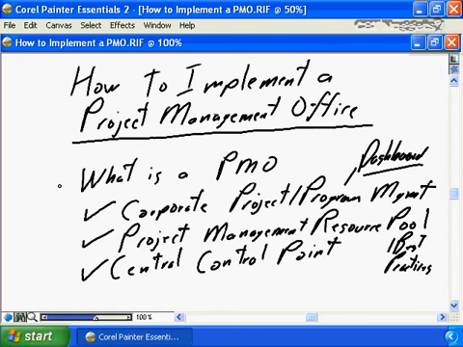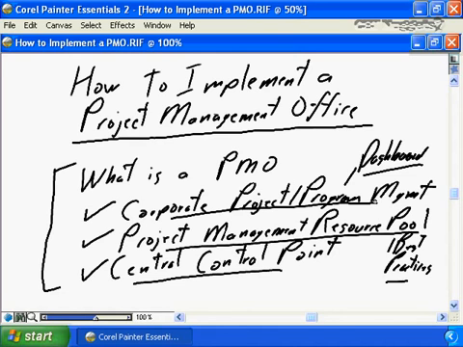So how to implement a PMO? The answer of how to implement a PMO is going to be based on what your organization wants out of the PMO. Very different implementation strategy if it's a central control ownership versus it's a repository for project management resources and best practices versus if it is a consolidation resource that'll consolidate and produce